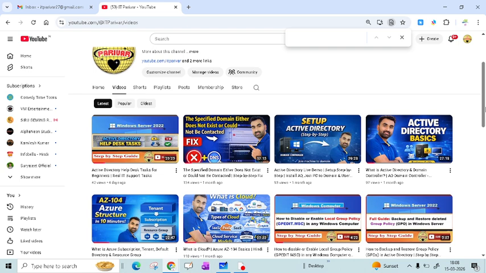Okay, because resource group is a very important part of Azure, because if you are going to create any resource, like virtual machine, you should have at least one resource group. So basically resource group is a logical container that holds related resources like virtual machines, storage accounts, and networking components. Okay, so let's try to log into